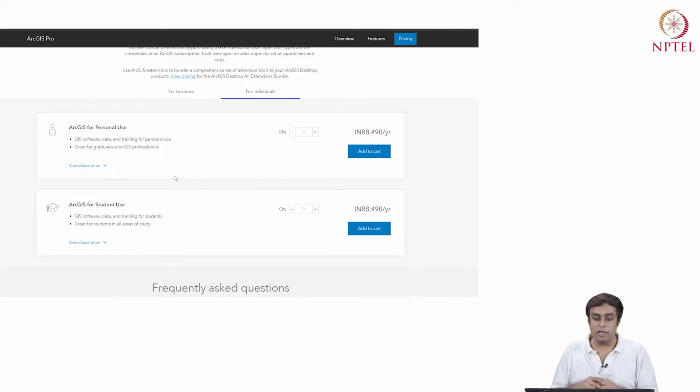Okay, so the idea is that whichever route you want to take, I would say that you should definitely make use of the trial version for yourself. There is also an open source version of ArcGIS out there, which is called QGIS.